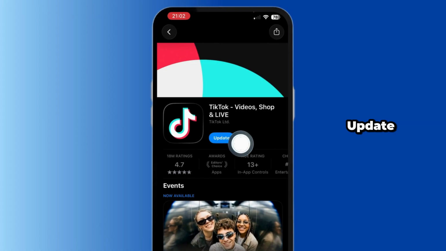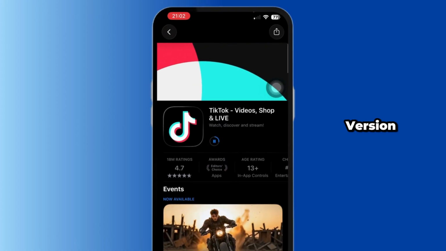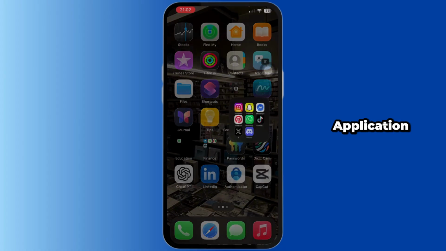Open up your App Store. In the search bar, you can go ahead and simply search for TikTok. Tap onto it and just like that, tap the update button if you have any. Once it is updated to its latest version, you can go ahead and simply open up the TikTok application and go